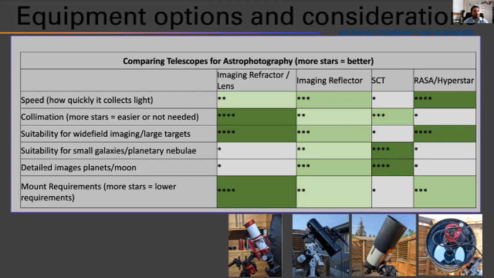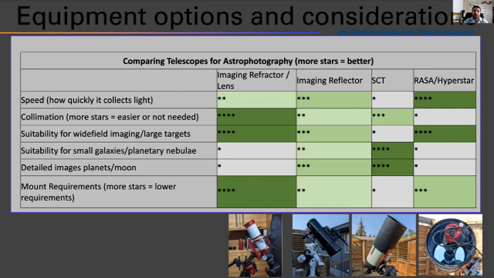And if you are planning to image the moon or the planets, so you're hoping to get some detail on Jupiter, some of the detail on the cloud bands or the Great Red Spot, or get some detail in craters, then an imaging refractor or lens is probably not what you want. An imaging reflector can do a pretty decent job.